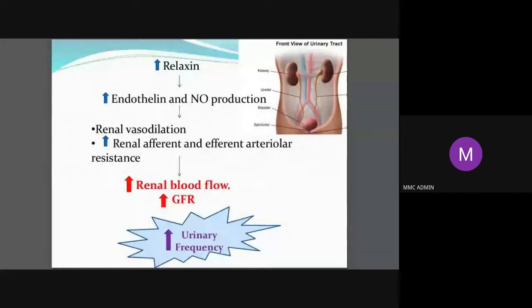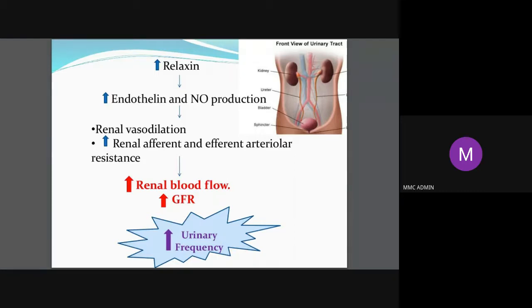Okay, so anatomically what happens? Now because the ureter and the urinary bladder are friends of the obstetrician and the gynecologist, even while doing surgery and almost all the times. So what all happens? The ureter can get kinked because of the growing uterus. So you may have some hydronephrosis in the kidney. There may be stasis of urine because of the compression of the gravid uterus on the ureter.